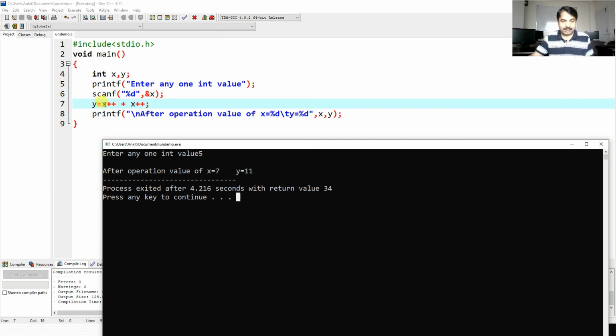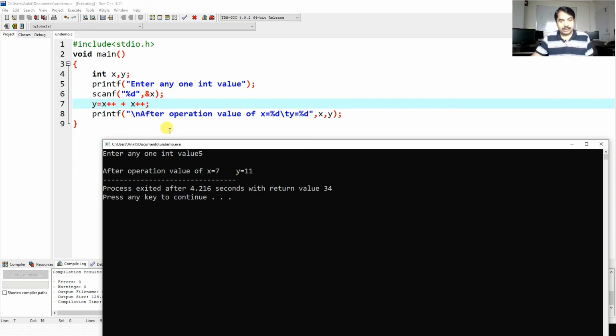Because at first it takes the value 5, and then when it goes to the next x++, the x value becomes 6. Therefore it performs the addition 5 plus 6 equal to 11. Therefore y equal to 11 is the output.